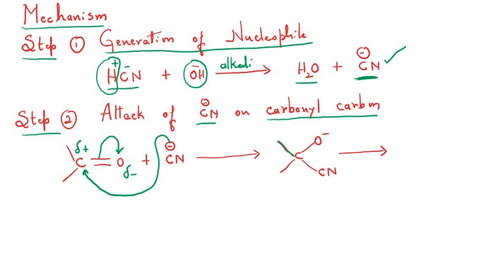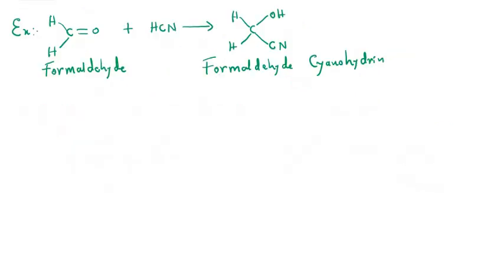I hope you are able to see here. This is the carbon atom linked by a single bond to the oxygen atom, and the oxygen now bears a complete negative charge, accompanied by the CN, the cyanide. This intermediate, in the presence of H plus, that is acid, has its O minus attack the hydrogen ion to give the compound cyanohydrin. So this compound is called cyanohydrin. Is it clear, students?